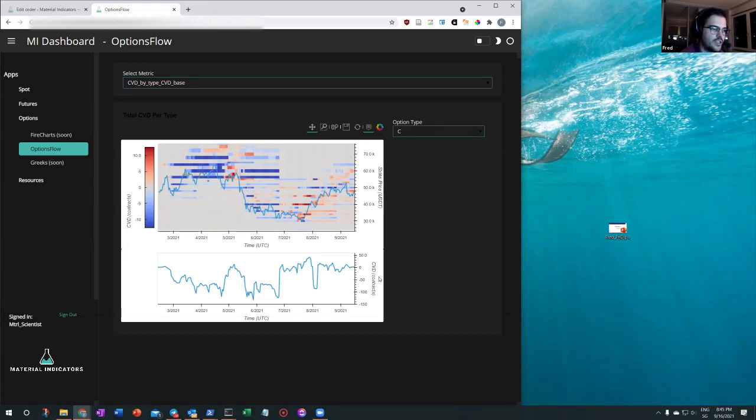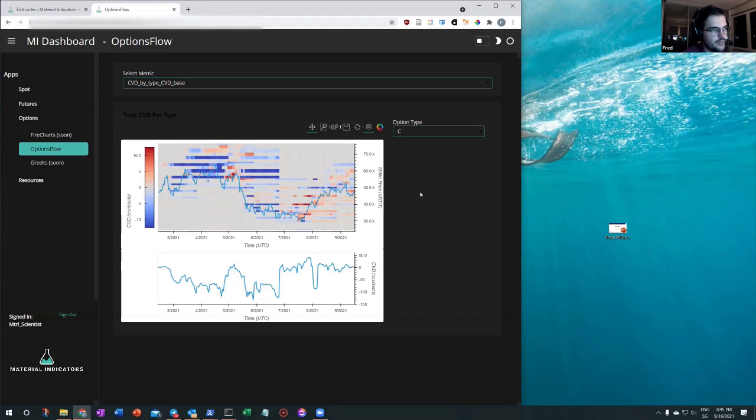How much dollars, or in this case, how much USDT was spent. So this chart here is just a base currency. It shows the number of contracts, but I'll also show you the one with USDT in a moment. So in this case, they bought a lot of call type options until mid 40s, but they sold the